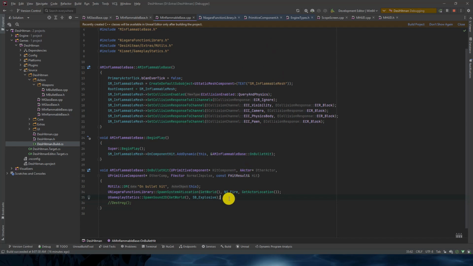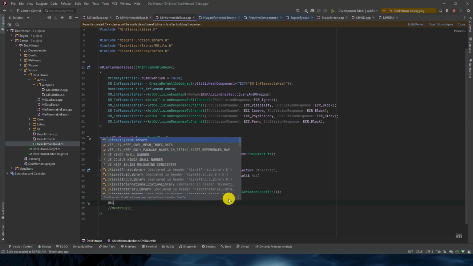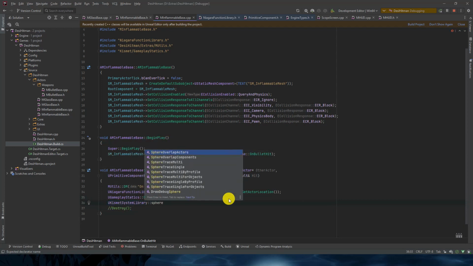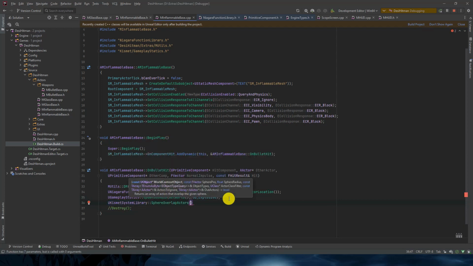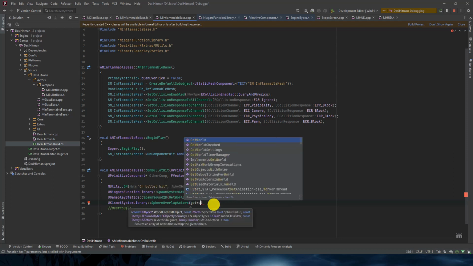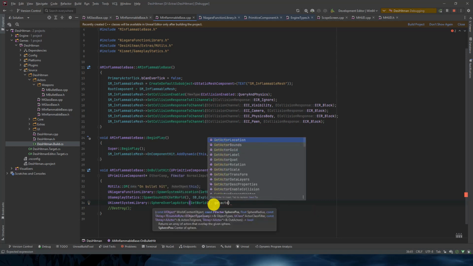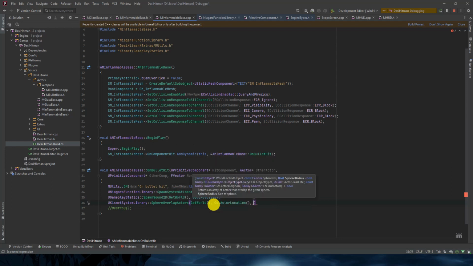So U Kismet system library, sphere overlap actors. What it will do, it will filter out the actors for us, and so get world comma, so sphere position, so it will be the get actor location comma, next is a sphere radius. So this is variable, but by default I want it to be 500,